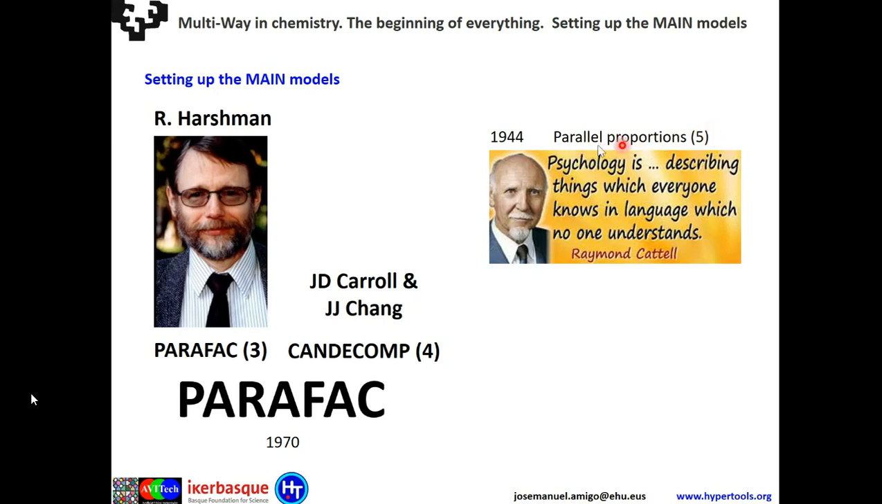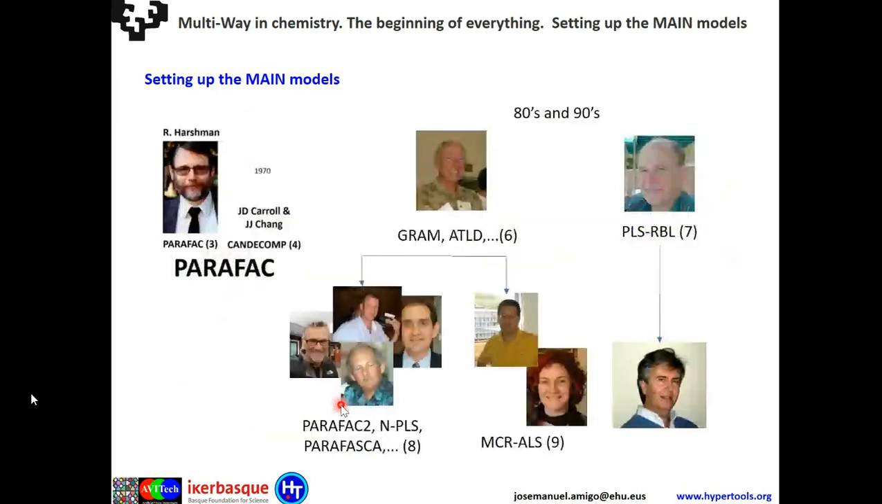So you have these parallel proportions in 1944 that were revisited and defined in 1970 by Richard Harshman, okay, and he defined it as PARAFAC, parallel factor analysis. Okay, and at the same time, there were Carroll and Chang defining it as canonical decomposition. Okay, but we generally know it as parallel factor analysis. And what do these methods do? Okay,